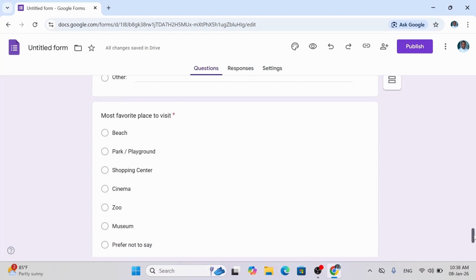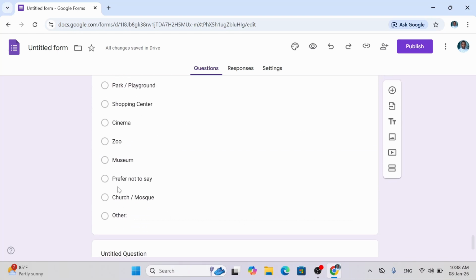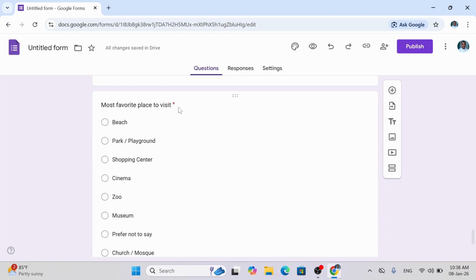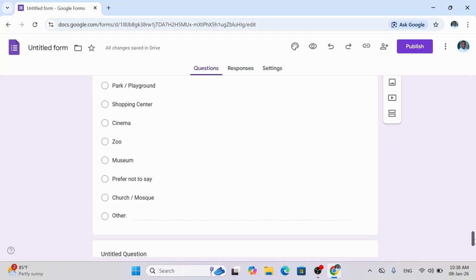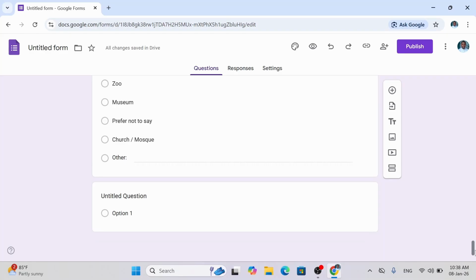So most favorite place to visit also has prefer not to say, and it is also compulsory. The red asterisk indicates it is compulsory. And so I think we have come to the end. We can add so many other questions, but I think for now this should be enough for the sake of